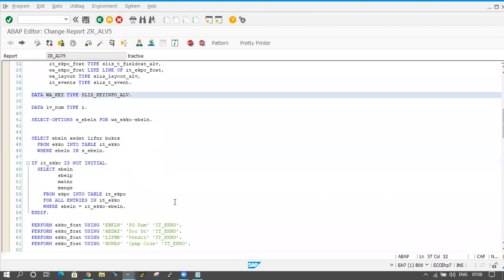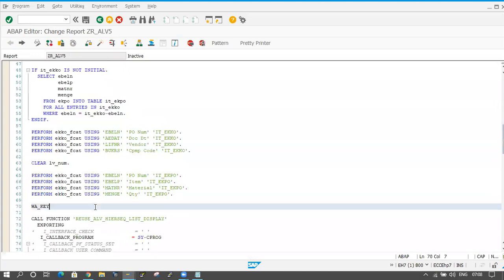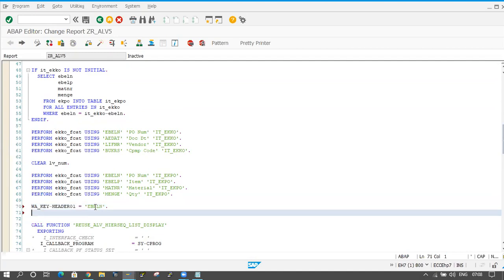So here I will fill the work area now. Work area key hyphen header 01 equal to, so what is the key field in EKKO, EBELN, and work area key hyphen item 01 equal to EBELN.